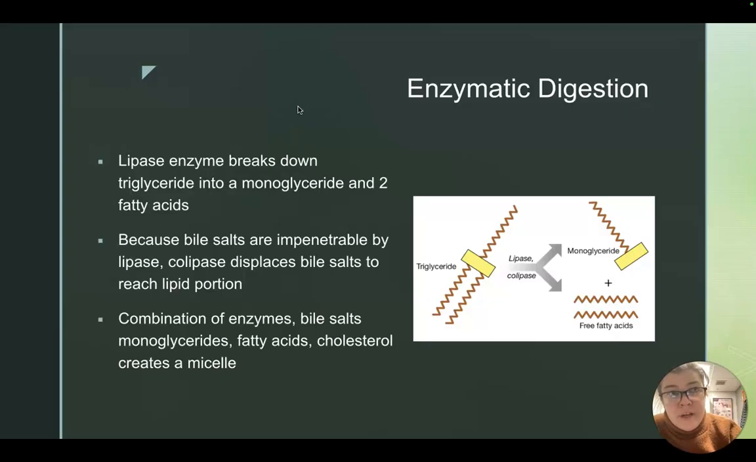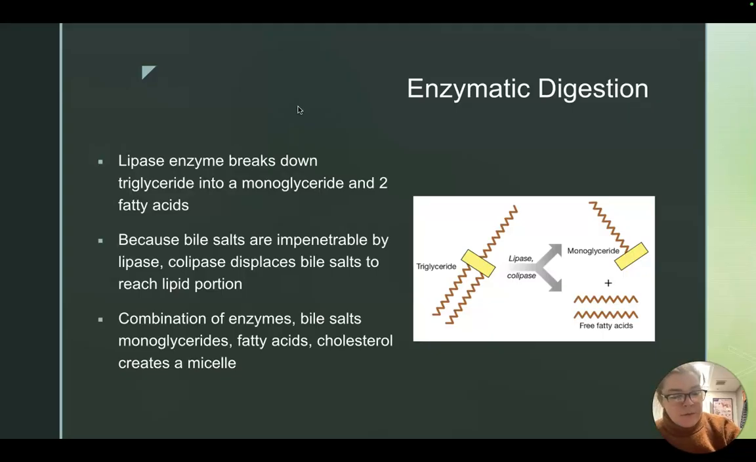And then another enzyme comes into play to bind to the actual lipid molecule. That enzyme is called colipase. What that enzyme does is actually displace the bile salts so that the lipid portion of the molecule can be reached. And essentially, what occurs is that